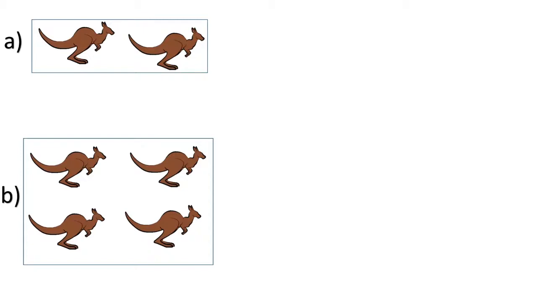Let's go to example A. Children, tell me, how many kangaroos can you see here? Yes, there are 2. Now observe. How many more joined them? You're correct. 1 kangaroo joined it, right? Now before there were 2 kangaroos and 1 more joined them. So now tell me total how many kangaroos are there in example A? You're correct. There are 3 kangaroos. Very good.